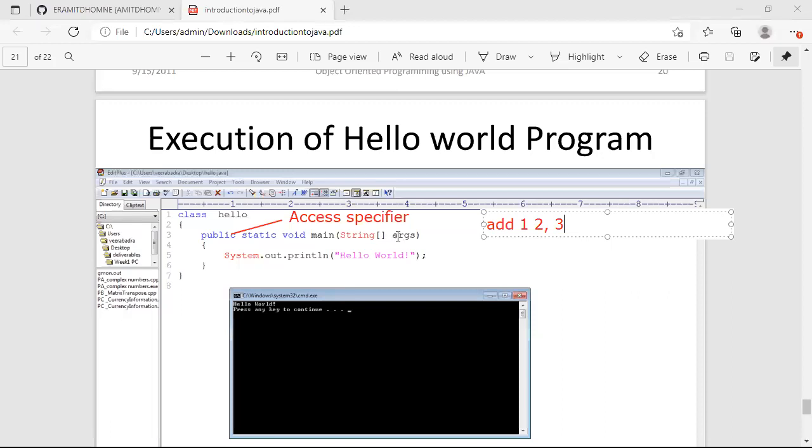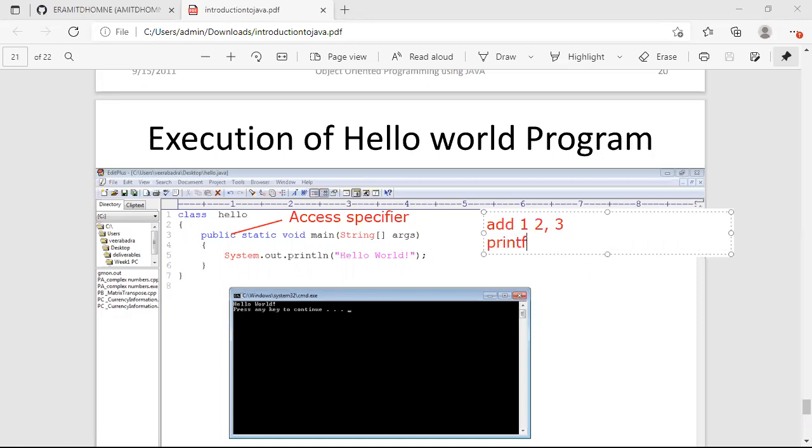And argument is a variable of an array which is holding this input. So ultimately you are accepting this input here. You are saving this 1 2 3 in this String array whose name is argument. And you can just print hello world. In C language, how do you write the print?